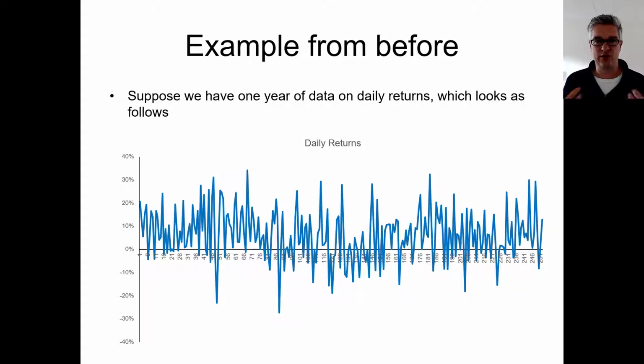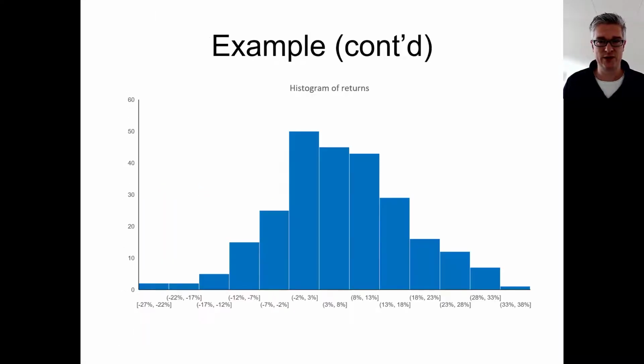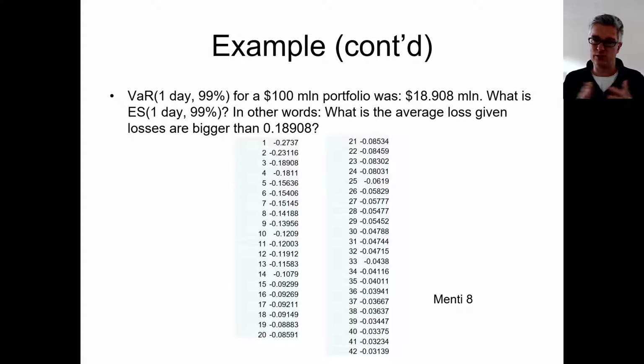So in order to show you this, to get a bit more of a hands-on feeling for this, let's take the example we had before. When we calculated the value at risk, suppose we have 1 year of data, so 252 data points that were part of a certain histogram of returns. If we then sorted all those observations, we found this data. Here we have the biggest losses from loss number 1, and then the 20th biggest loss here is loss number 20. Then we found that the value at risk for 1 day at 99% for a $100 million portfolio was